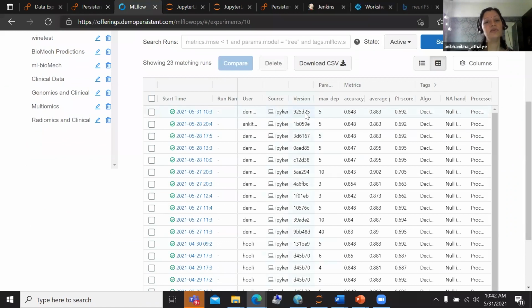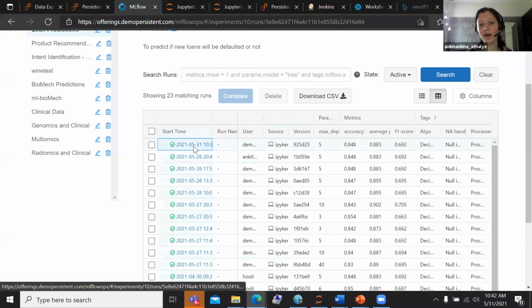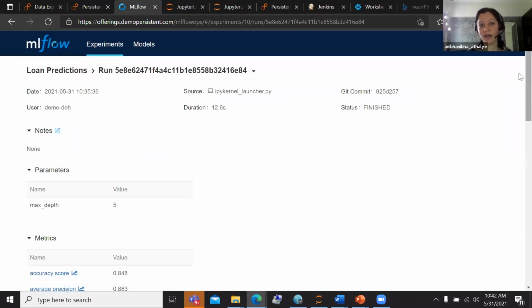This is the source code, or the Git version of the code that you have written. You have the parameters. For this particular case, it's just one. It can be many more. Anything and everything that you capture as a set parameter gets captured over here. These are the metrics that we defined and decided to capture, and these are the tags, and tags can be as many as you want to ensure that the person who's looking at this gets more visibility into the work that has been done. Now let us look at one run of this experiment that has happened.